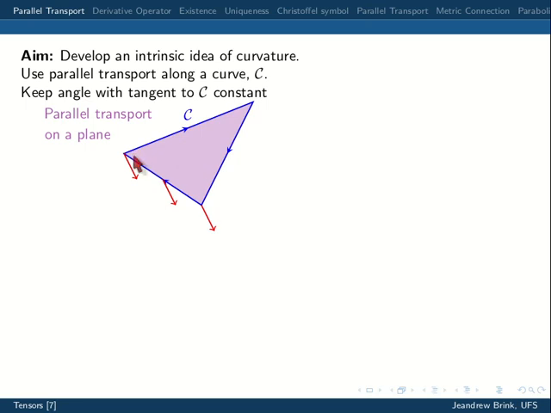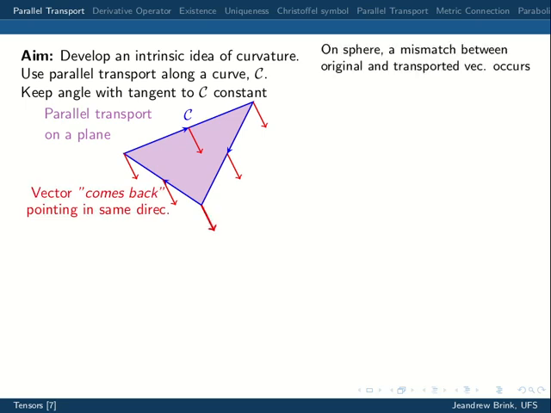Then I keep this angle constant, and I get to the end of that part, and I now want to transport it along this curve, so then I keep this angle with the curve constant, and there I go. If I'm flat, I will go exactly back to the same vector I had. So very easy in flat space, but